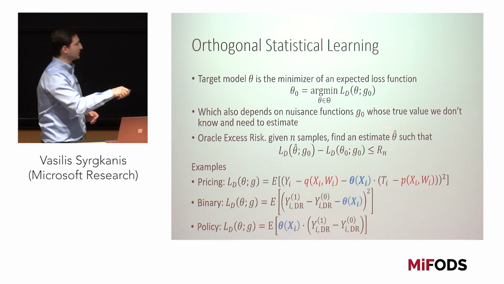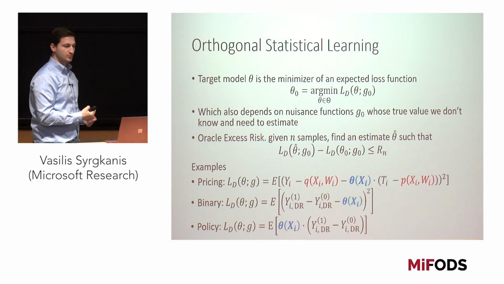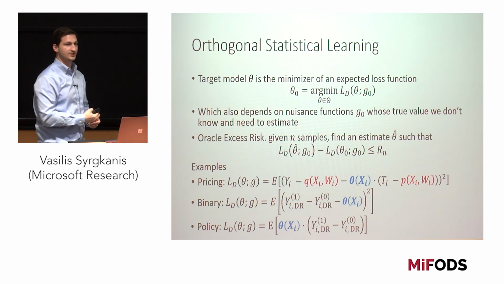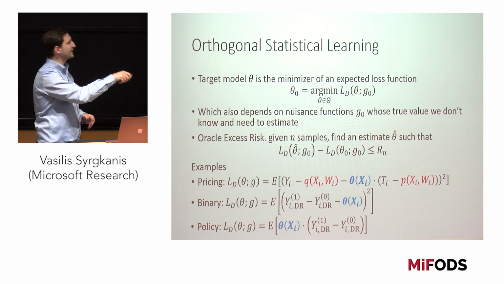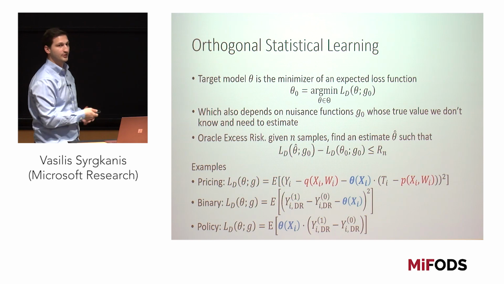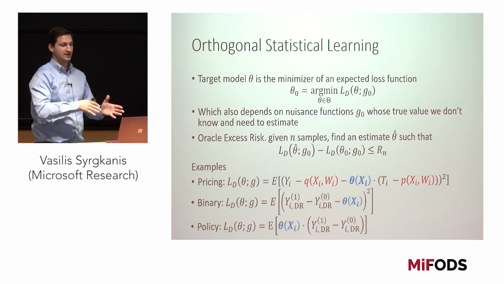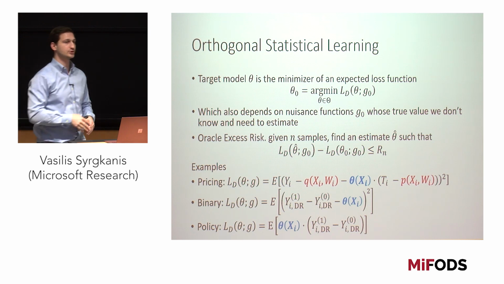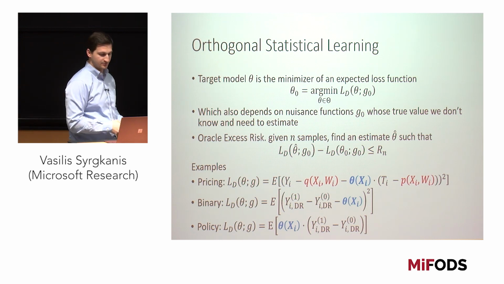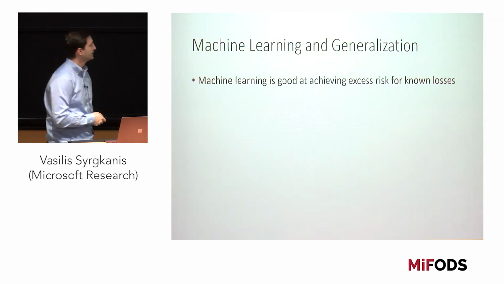Another reason why we want to formulate this as a generalization bound problem, as an excess risk problem, is because we want to reuse a lot of recent advances in statistical learning theory and statistical machine learning that prove better generalization bounds for different hypothesis spaces. So by phrasing it as a generalization bound problem, we're closer to being able to reuse all of this machinery that is recently being developed.